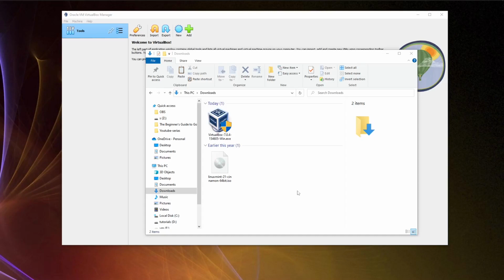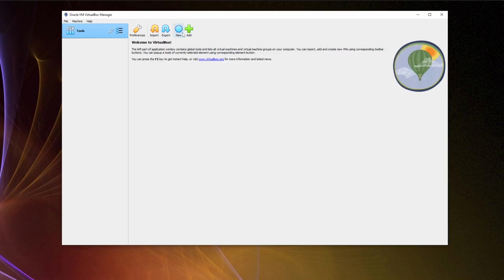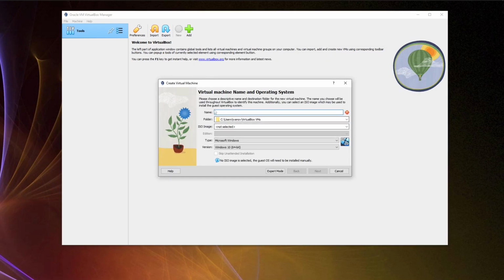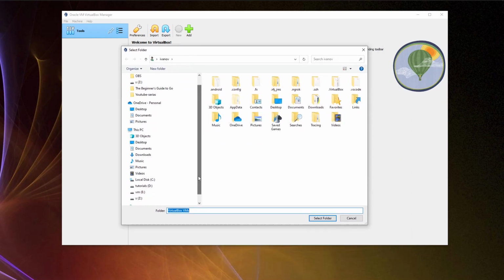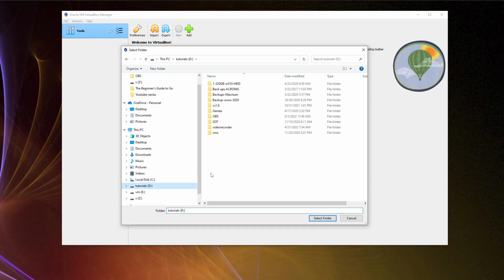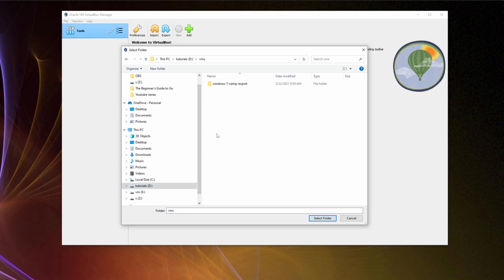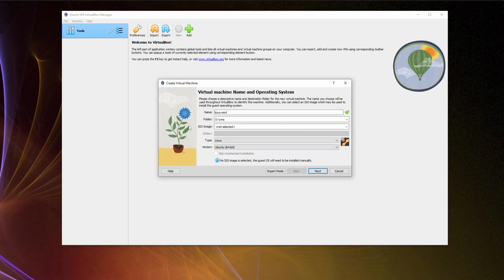Now it's time to install Linux Mint in VirtualBox as a virtual machine. Click the New button and select a name, Linux Mint. In our example, for the folder where you will install and save files, it is a good idea to select not the system disk but some other disk. In my example, this is disk D. In the folder with virtual machines, select